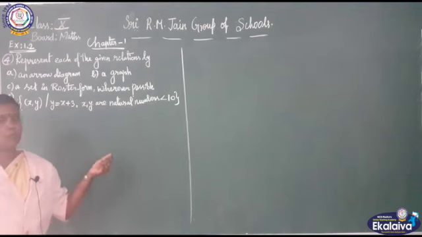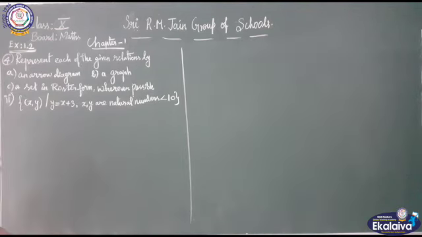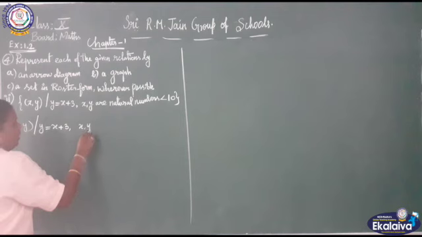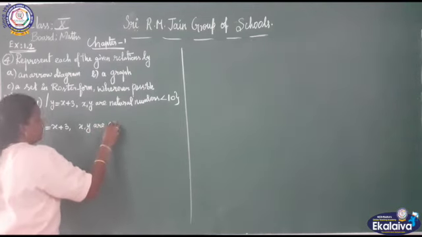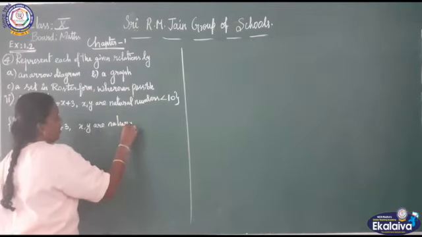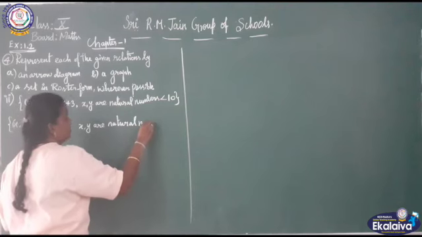Those natural numbers should be less than 10. Clear? So first I will write the given relation: x, y such that y equal to x plus 3, x, y are natural numbers